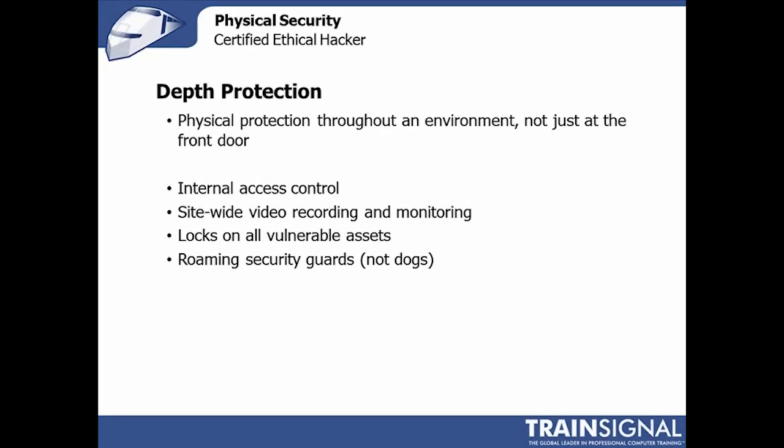We've got thorough, unmitigated access, and it's going to be very, very easy for us to continue an attack. The protection layers here are things, as I said, like multi-process authentication or multi-stage authentication, ensuring that the people that need to get into a data center, maybe in the server area, are segregated from the people that don't need to get into the server area by a second authentication or authorization process. Having even further things like locks on vulnerable assets. This is the concept of maybe having laptops that are actually chained with the little lock and chain down to